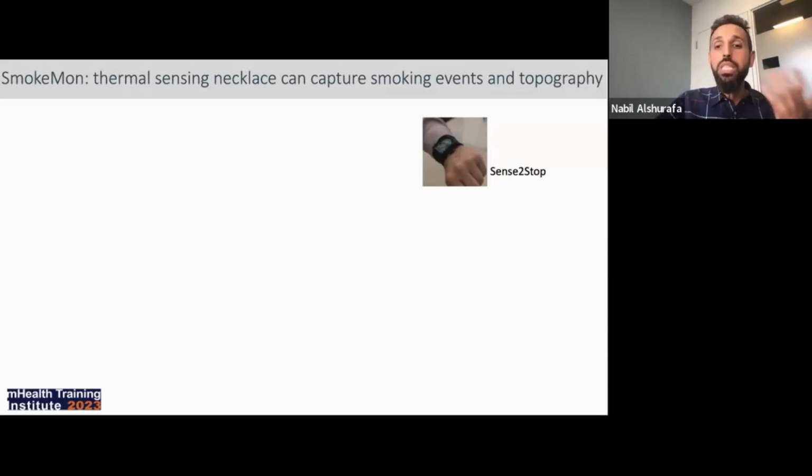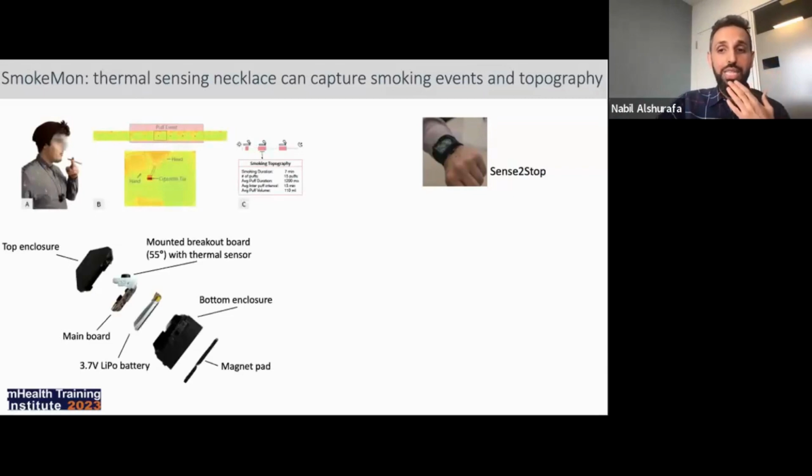More recently, we designed a thermal sensing necklace we're really excited about that can detect heat signatures to accurately detect smoking events and smoking topography in the real world. It's called SmokeMon. Some people think it's a play on Pokemon, but SmokeMon is really a smoke monitoring device.